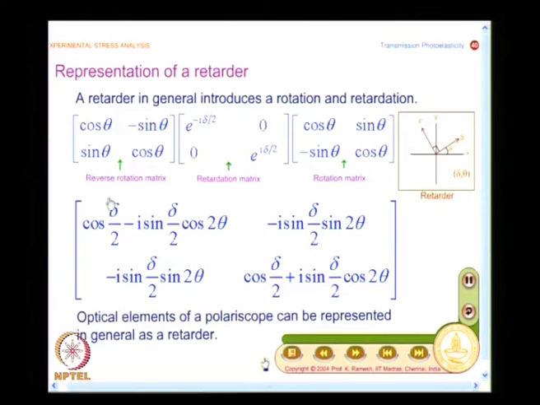We do not know, we want to find out as part of the experiment the value of theta as well as value of delta. Delta you indirectly find out by finding out the fringe order, and theta you find out from the isoclinic angle. So, model can always be represented by a matrix like this, complex matrix like this, and this is for a retarder. When I say retarder, you have to keep in mind, I have this axis in an actual model corresponds to the principal stress direction, and I implicitly look at only a single plane.